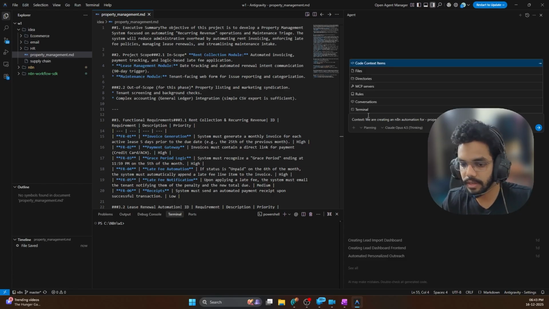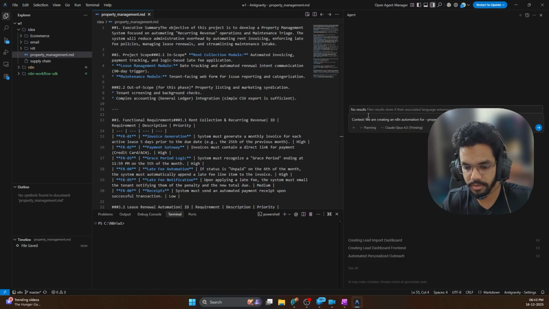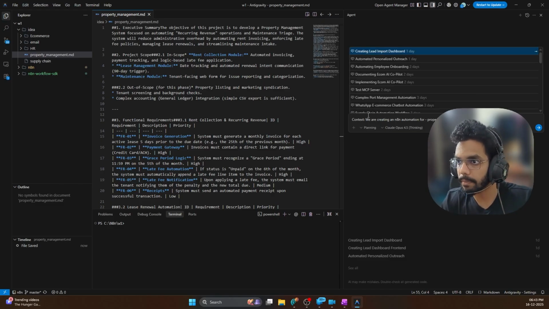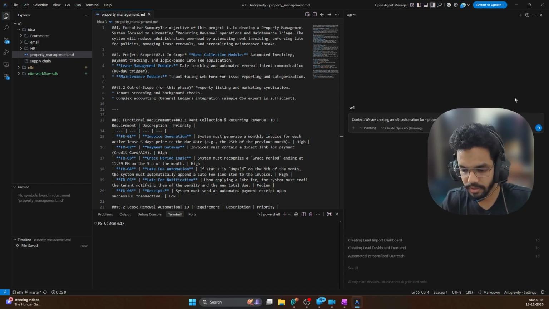So we're going to tag that property management document over here. Yes, we're going to tag this document. We're going to give the task. So task number 1 will be to go through the